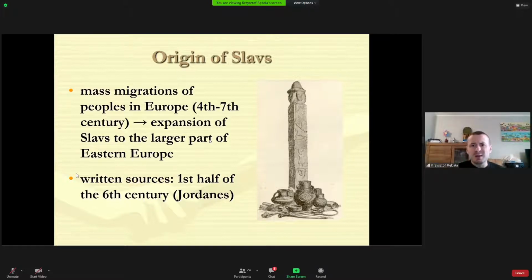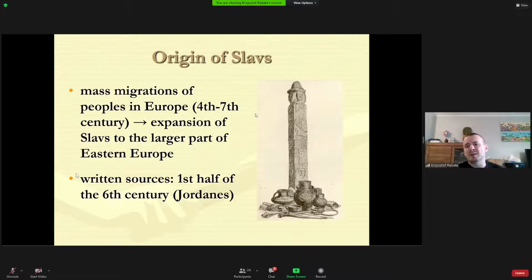Okay, and so the first documents which record the presence of Slavs, which we can say they write with 100% certainty about Slavs, are